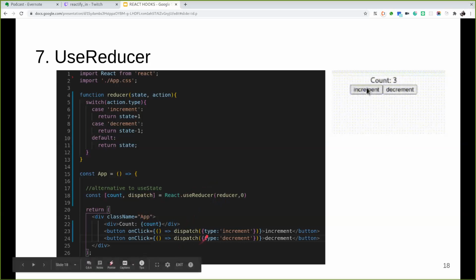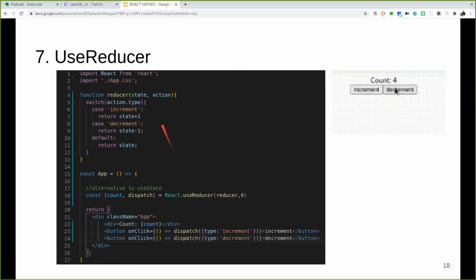For example, we have two different buttons over here which are incrementing and decrementing the same count. So here we have dispatch type increment and dispatch type decrement, and the reducer function that we have initialized here will have a switch condition according to the dispatch type, and will return the state according to what dispatch type is being called.